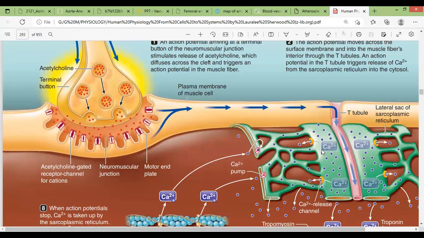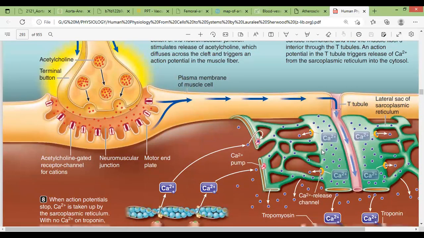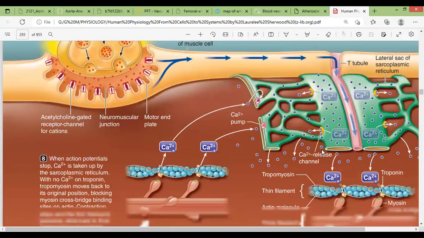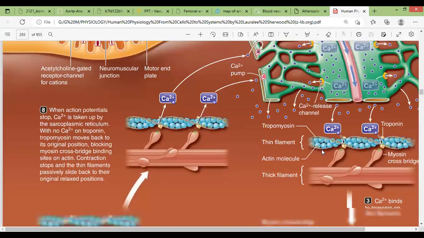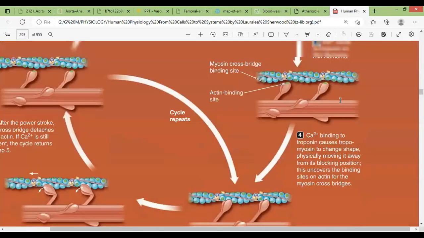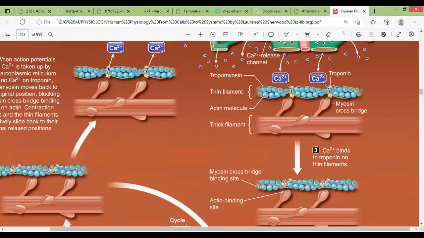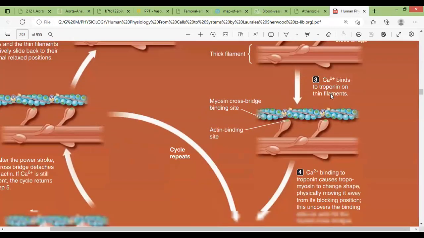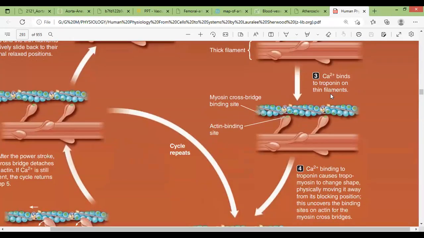Once calcium is released from the sarcoplasmic reticulum, calcium goes and binds troponin. What is the point number 3? Yeah, calcium will go and bind troponin. You can see troponin here. This binding of calcium to troponin exposes